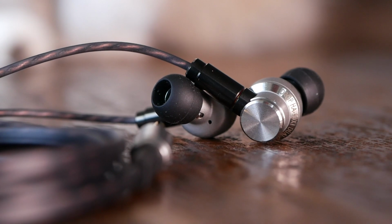All right, so I've spent quite a bit of time listening to this here JVC FDX1, comparing it to some of my favorite earphones. I don't really have anything quite in this price range, but I've been comparing it to my favorites. And I'm ready to let you know what I think about the JVCs. And we'll start like I typically do by talking about the build,